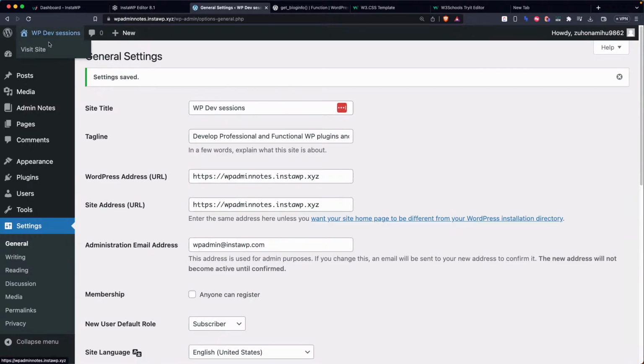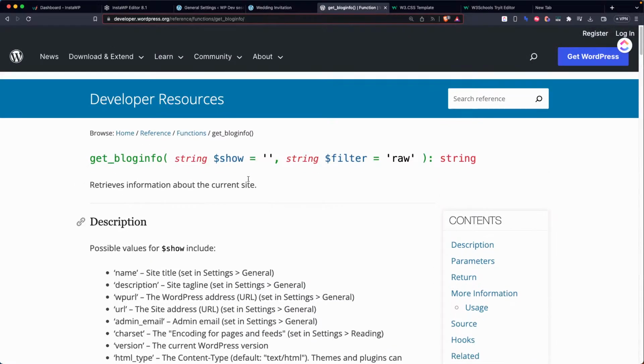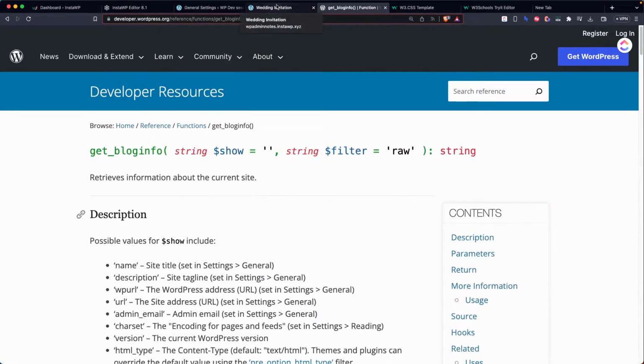But then if we go to visit our website, we realize that the website still shows Wedding Invitation. Of course, the theme we are building is called Wedding Invitation, but that's not the name of the website. So how to change what appears in the title bar of the website is by using the get blog info function, and it takes